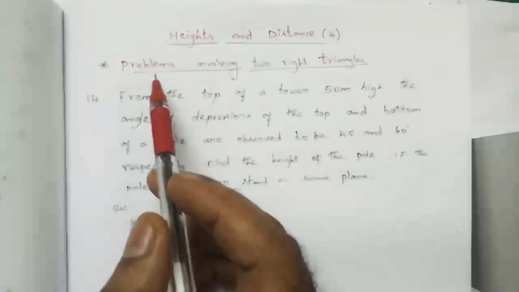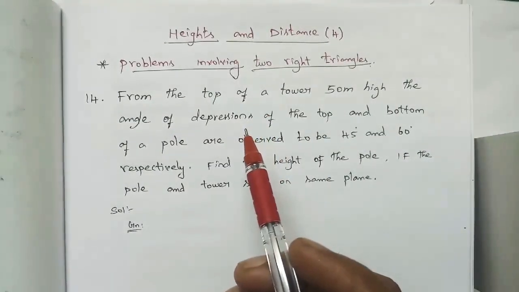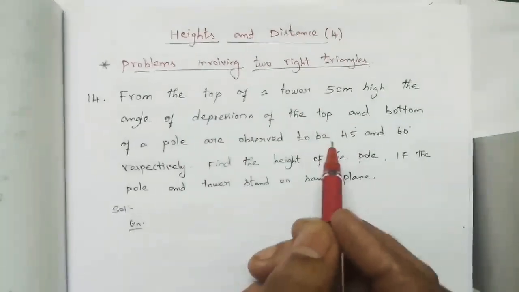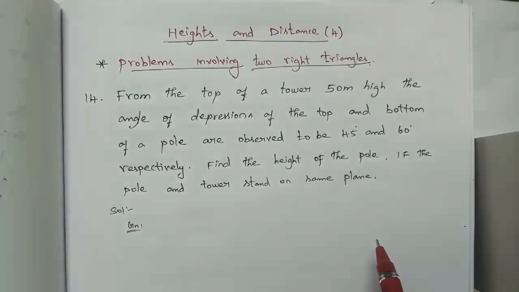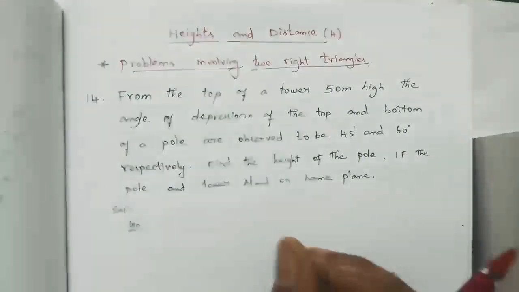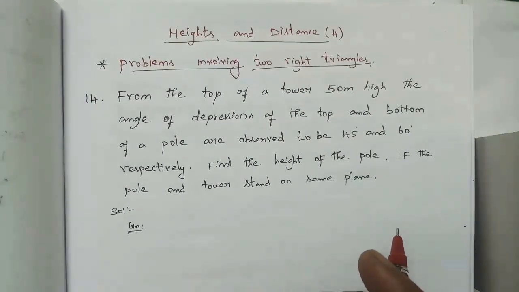Now we are going to see a two right angle triangle. This is also the same concept. First we read the question and draw the diagram, picturizing the question. In the diagram, we will have two right triangles, and from the right triangles, by using the trigonometry ratio, we are going to find the values.